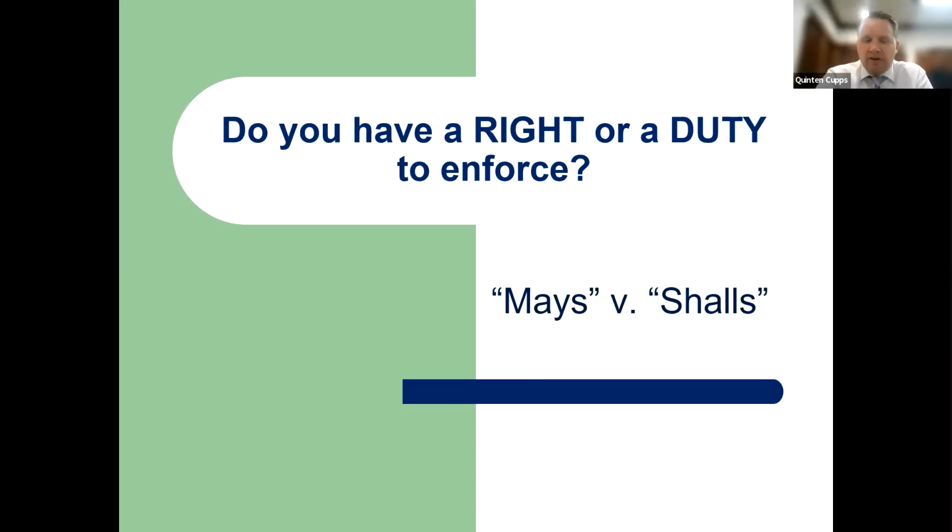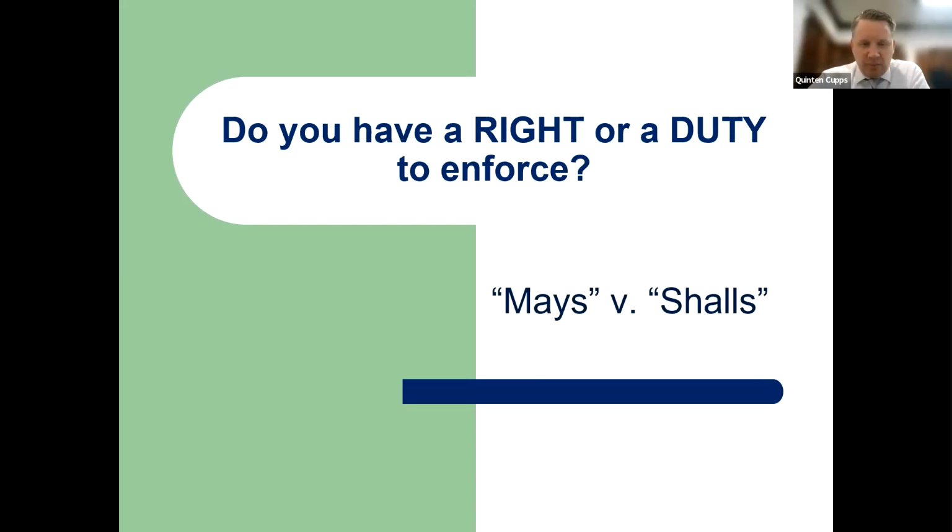It's very important to understand the difference between those words, because that dictates whether or not you have the obligation to perform, or whether you have this discretion, that if you choose as a board member that this is in the best interest of our community, we have that option. If we desire to do it, then you can do it. The discretion like this really comes up in architectural issues. When you're faced with an architectural decision, you might have this discretion on whether or not you approve something, but you need to understand that difference.